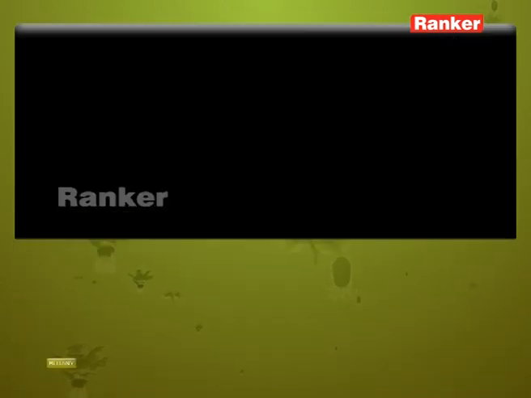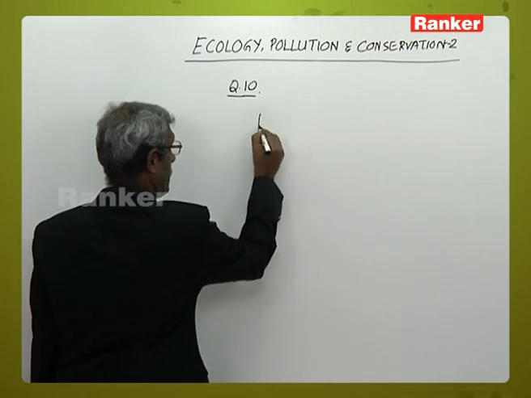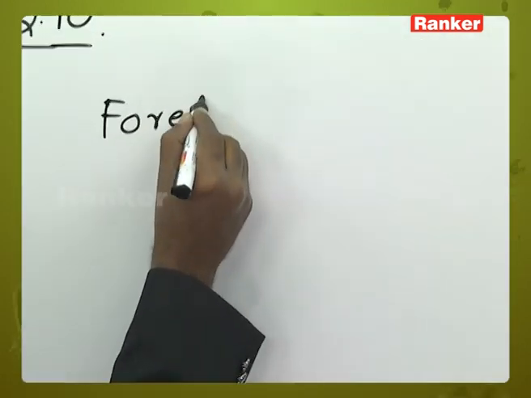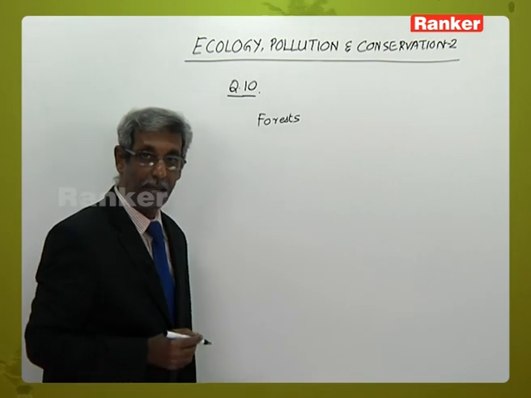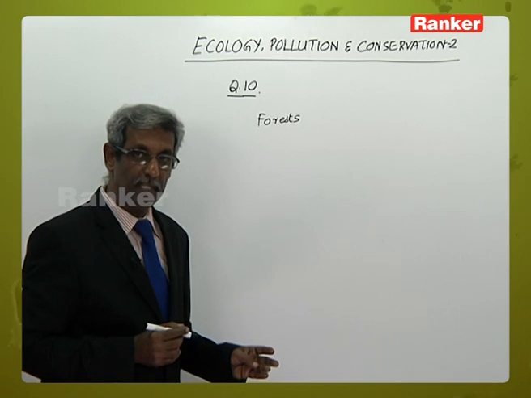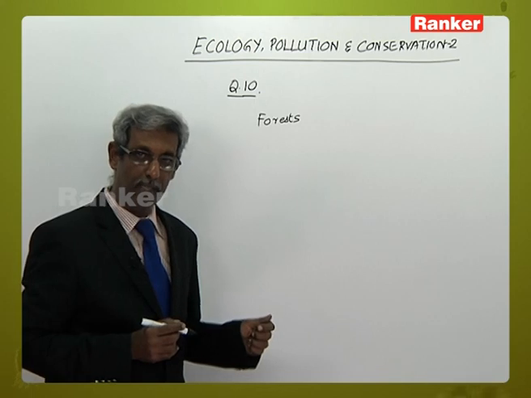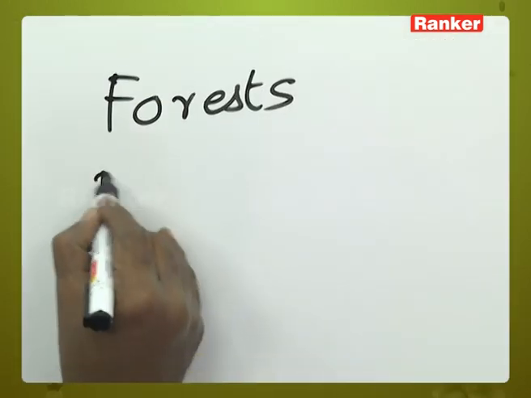Question number 10. Deciduous forests are characterized by A, presence of a variety of grasses growing together, B, presence of a variety of crocodiles, C, presence of very narrow leaf trees growing together, and D, presence of broad leaf trees growing together. When you take forests, in forests we have different types. We have deciduous forests, coniferous forests, tropical forests, and we also have winter forests which are termed as boreals. So, if you take deciduous forests,